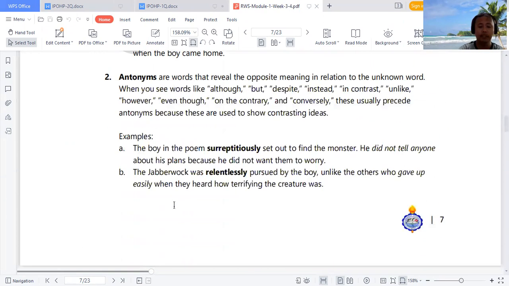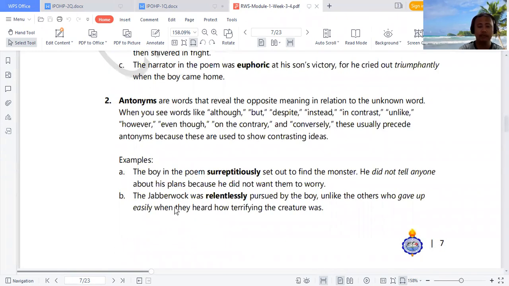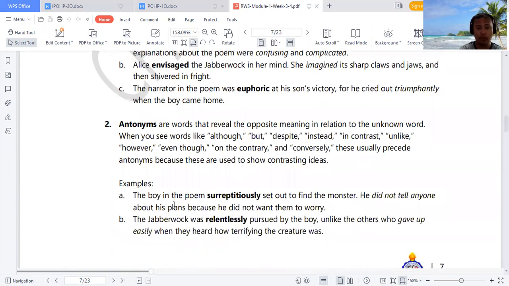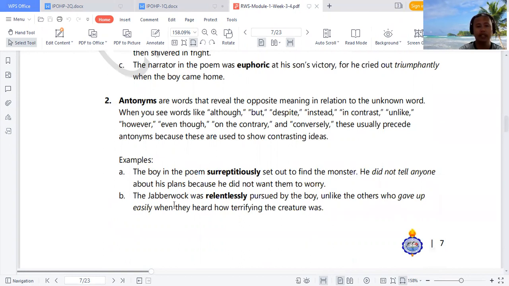All right. Number two here is antonyms. Okay. So when we say synonyms, that is the similarities. How about antonyms? The opposite. Say, for example, when I say beautiful, what is the antonym of beautiful? Of course, ugly. What is the antonym of ugly? Of course, beautiful. All right. But when I say synonyms, what's the synonym of beautiful? Pretty, long hair. These are the similar, the synonym words of beautiful. But of course, antonym is